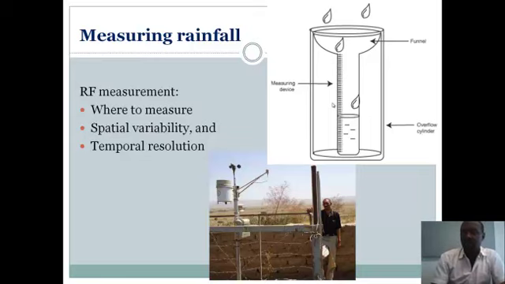And if possible, we have to cover both the catchment and the command areas as evenly as possible. Also, if possible, we have to record at a finer resolution, as much as possible,